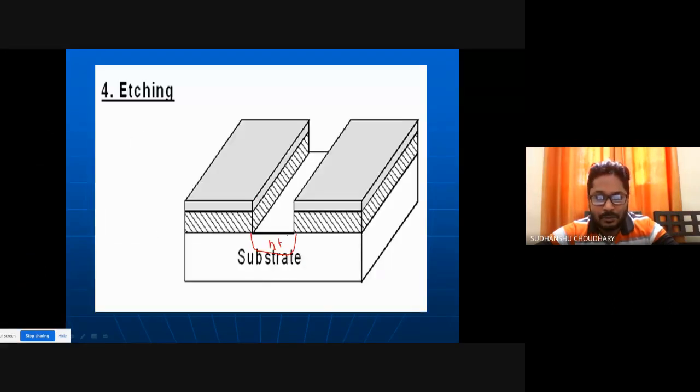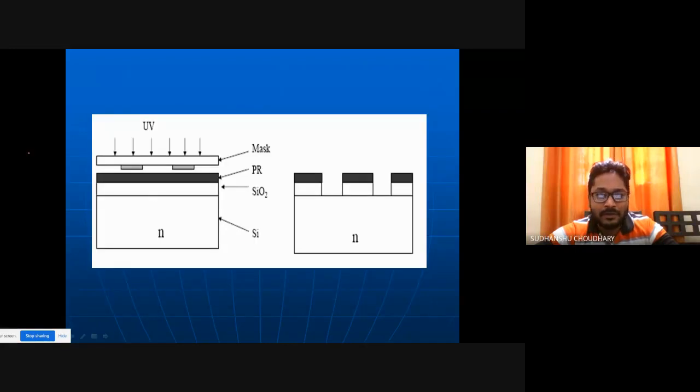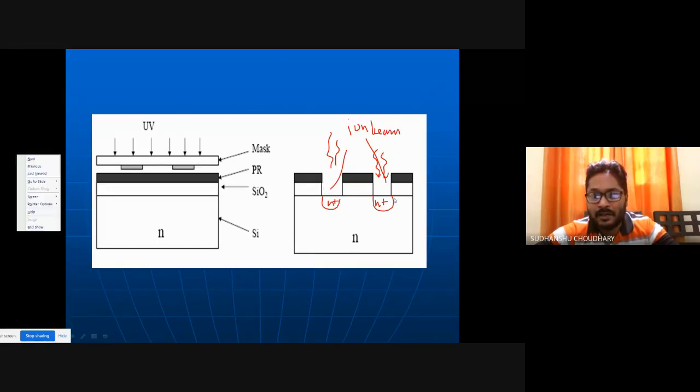Right, so now this can be created. Similarly, one can also think about creating separate drain and source regions. For this, again, you need to pattern your silicon dioxide. That is, you need to create windows of this kind, and then through this window, you can expose this portion to an ion beam. Once ion beam implantation is done through these windows, you will have your N plus source and drain regions.